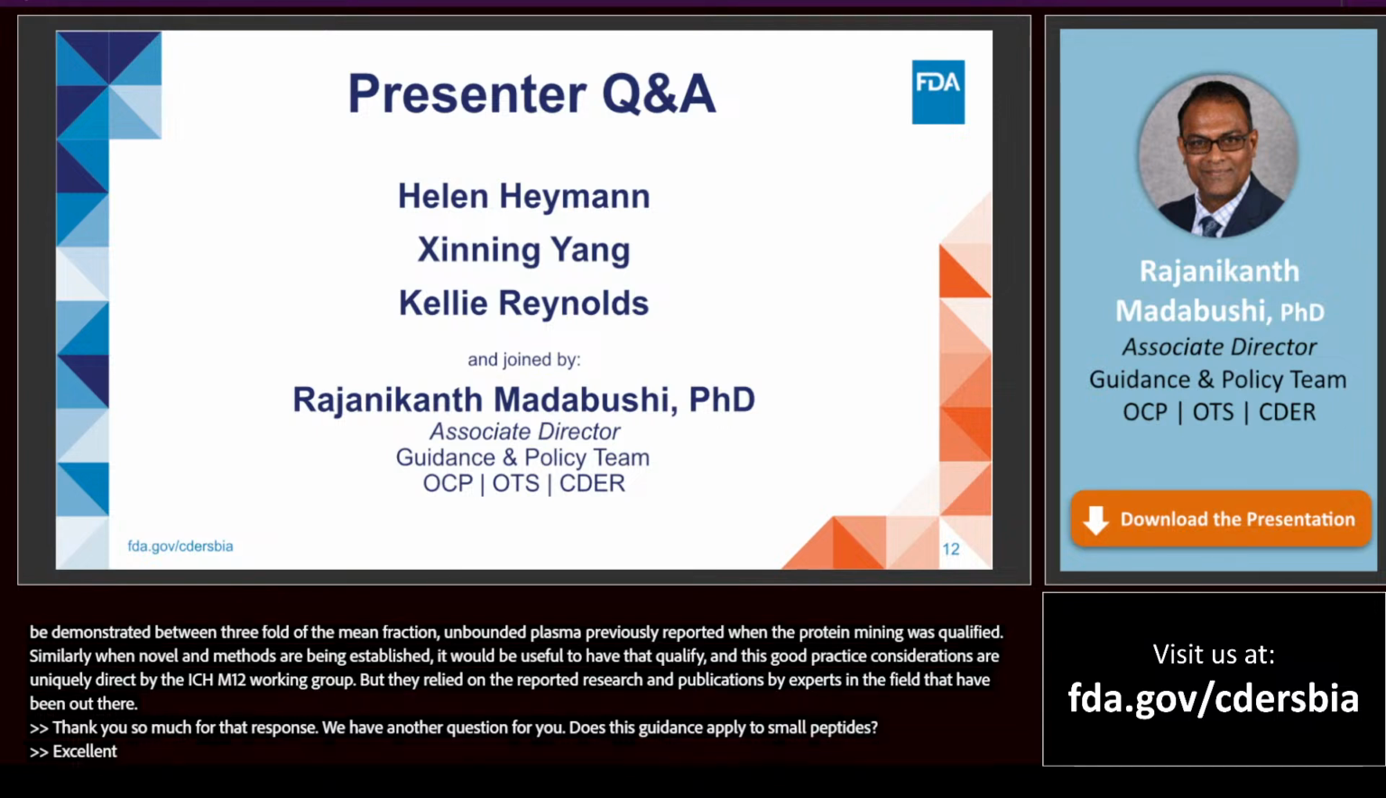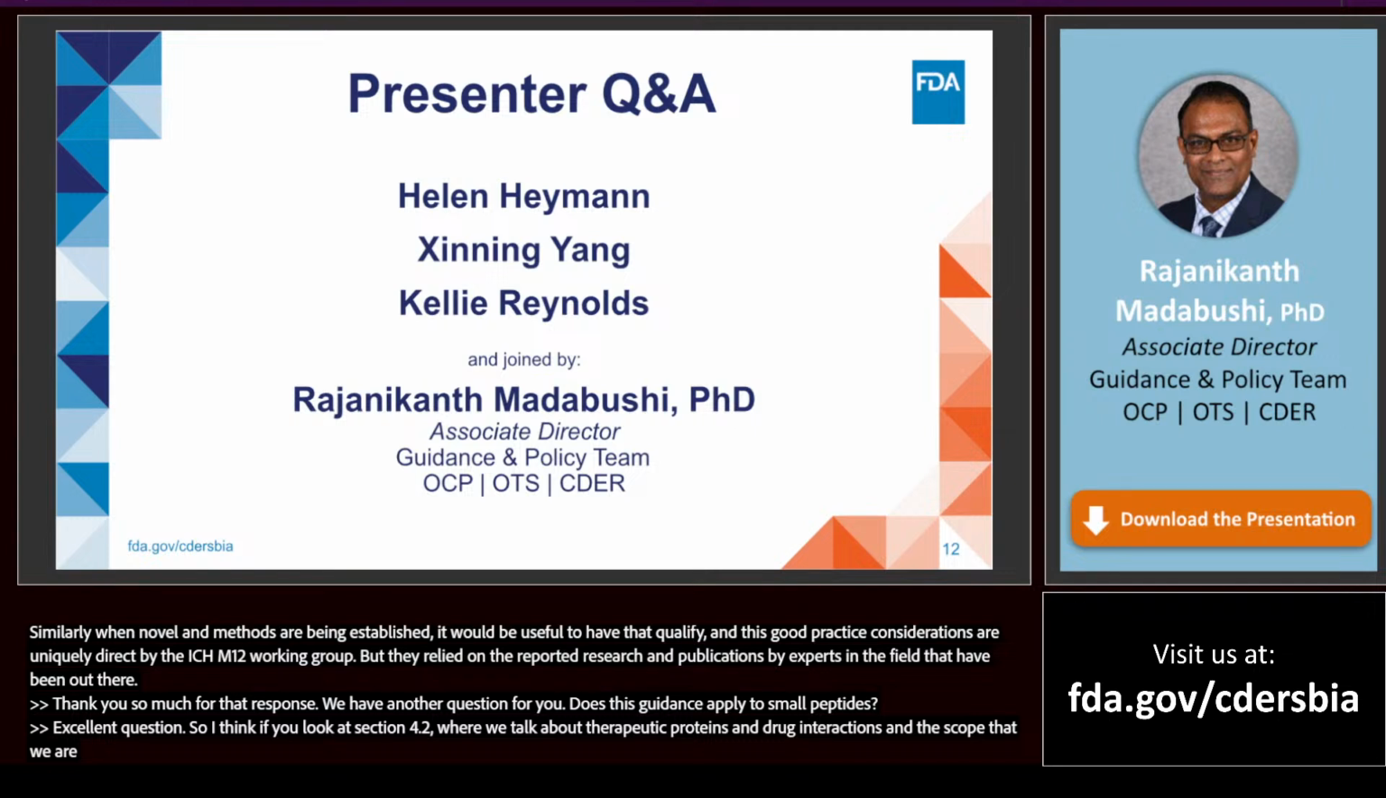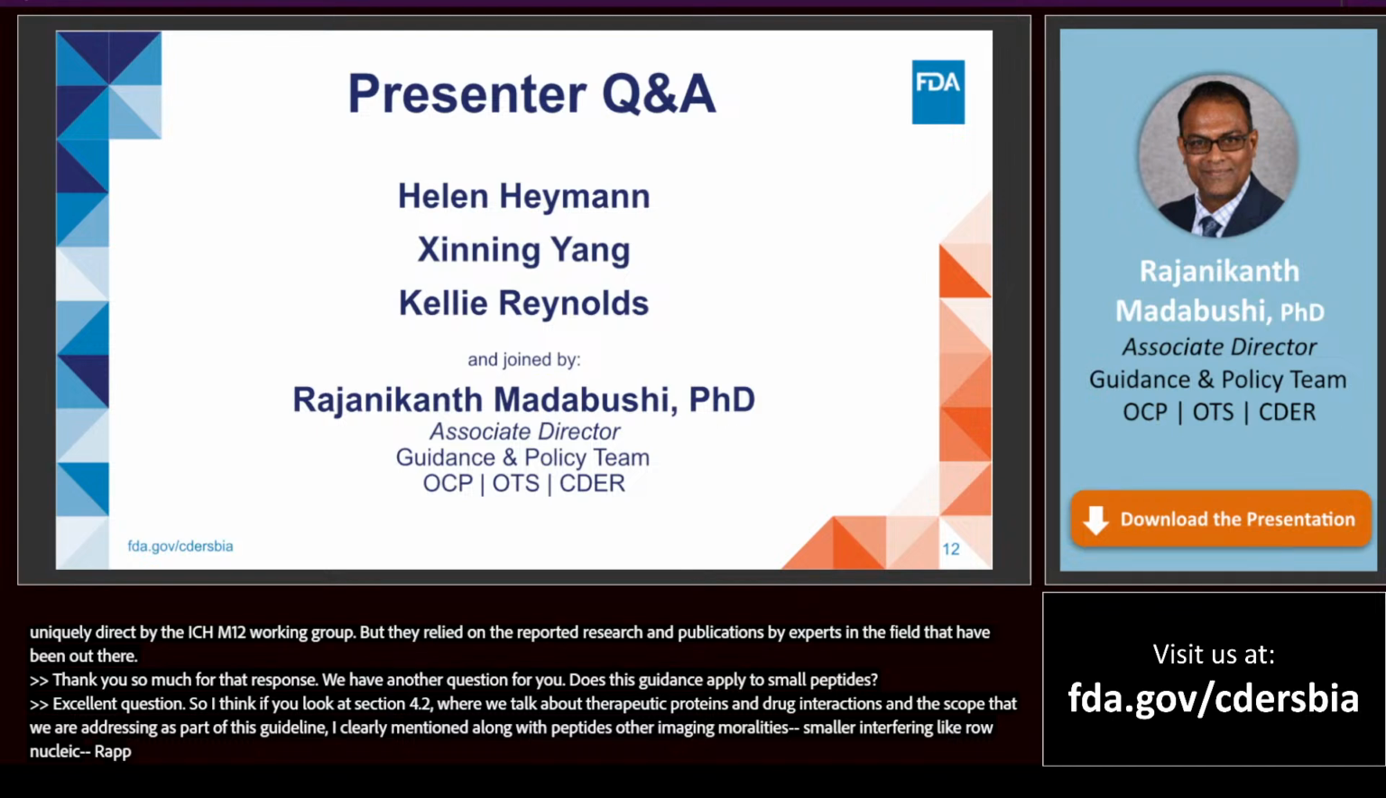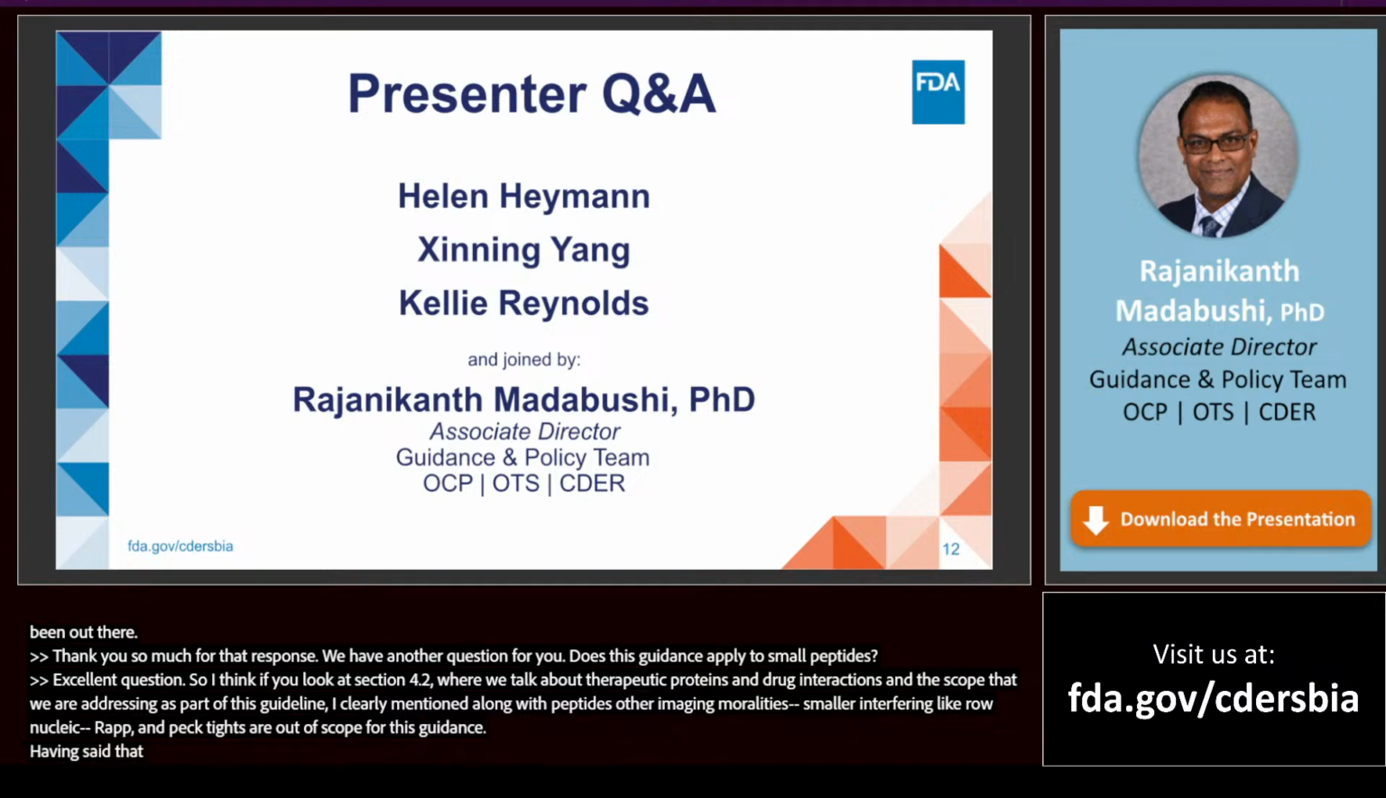Excellent question. If you look at section 4.2, where we talk about therapeutic proteins and drug-drug interactions and the scope that we are addressing as part of this guideline, it clearly mentions, along with peptides, other emerging modalities such as oligonucleotides, small interfering ribonucleic acids or siRNAs, and modified ribose nucleic acids are out of scope for this guidance. Having said that, back in December